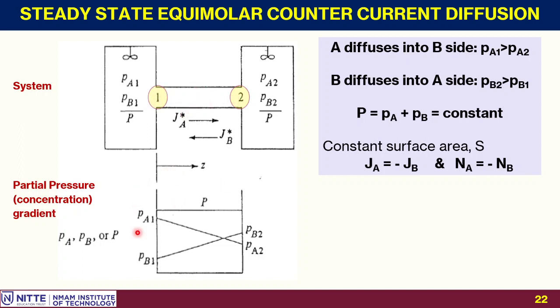So in the beginning, let me look at the pressure profile, similar to the temperature profile we get in heat transfer processes. Here it is pressures across the distance, across the length from 1 to 2. The total pressure remains constant. The partial pressure on side 1 is larger than the partial pressure at 2. It means the concentration of A is high in location 1, concentration of A is low in location 2. So it is the decreasing order from 1 to 2. Whereas for the molecule B, the concentration at location 2 is higher than at location 1.